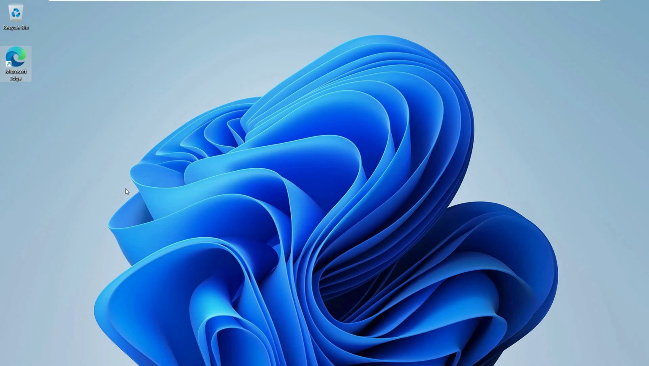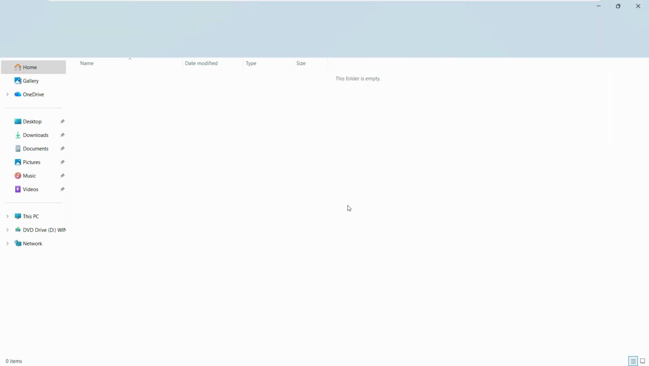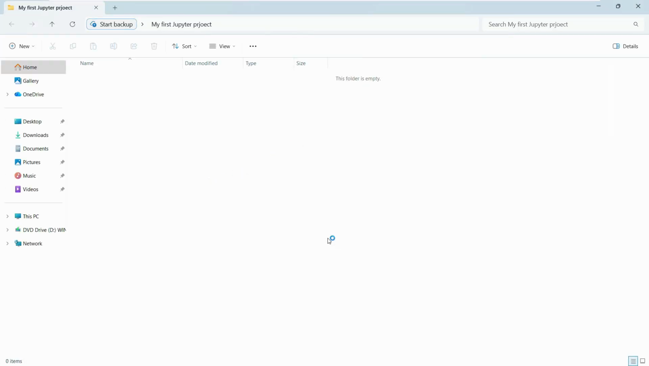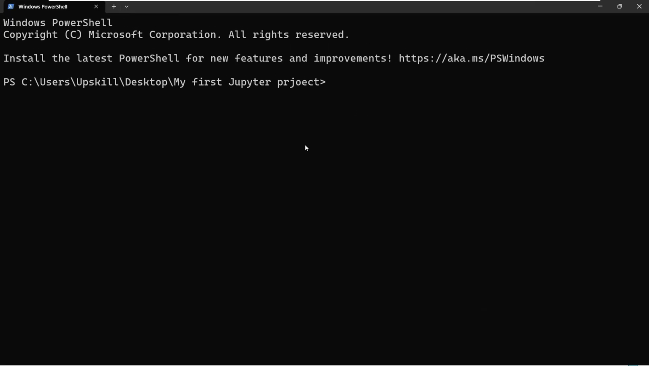So once we do that, we finally move to the next step. For example, I want to execute Jupyter on a specific folder. Just right click and create that folder first. Right click, click on new, my first Jupyter project. And from here, we just right click again and click on open in terminal. Now once we have this open, we will just write here jupyter notebook, and it will open up Jupyter in the default browser,